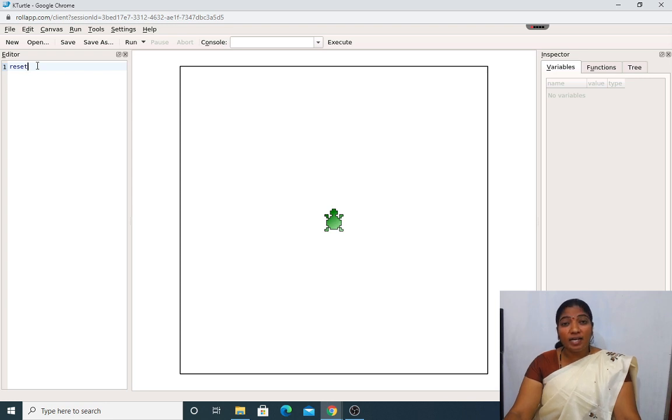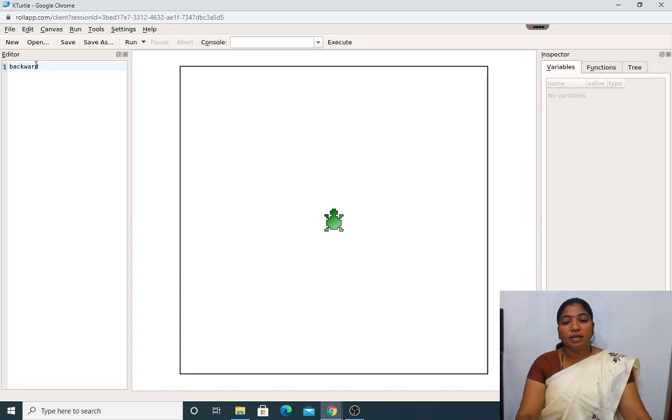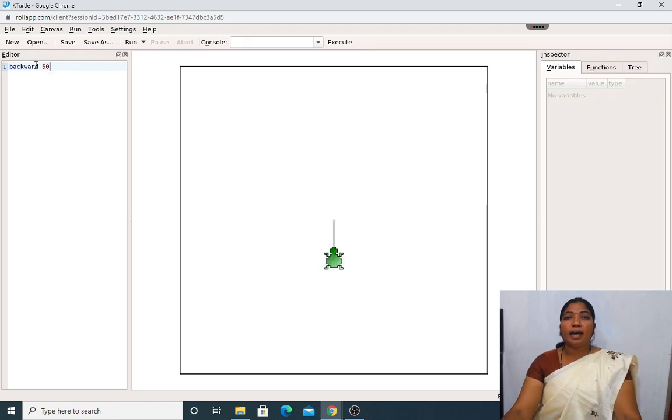The next command is the backward command. What is the main use of this? The turtle comes back to its original position with the command reset. And again, if I use BW or BACKWARD, the backward command will take the turtle in the back direction.